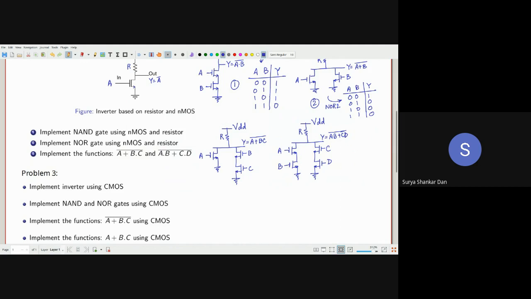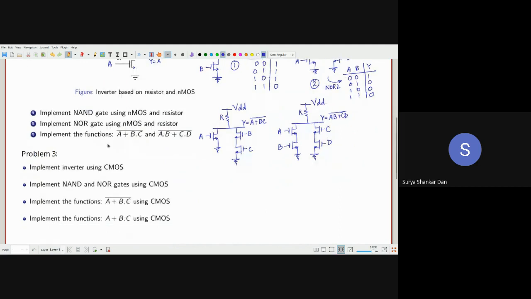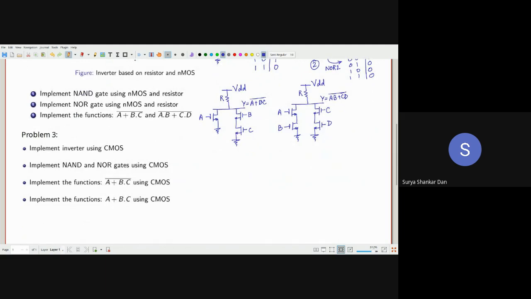fine. Excellent. Now we will come to the last problem for this tutorial. Whenever we are speaking about CMOS, always remember that we are specifically speaking about static CMOS in these problems. Later on you will learn about dynamic CMOS circuits as well. So these are all static CMOS, whatever you are doing right now.